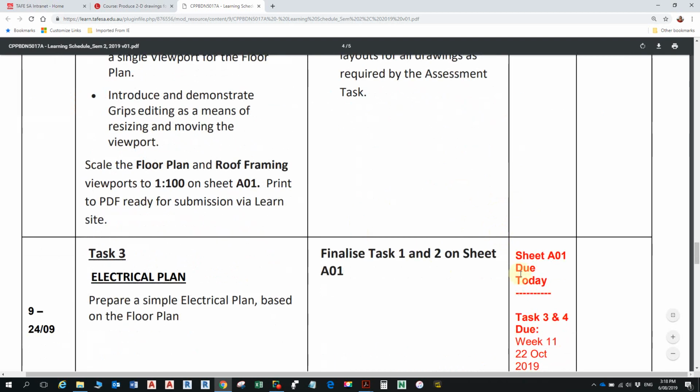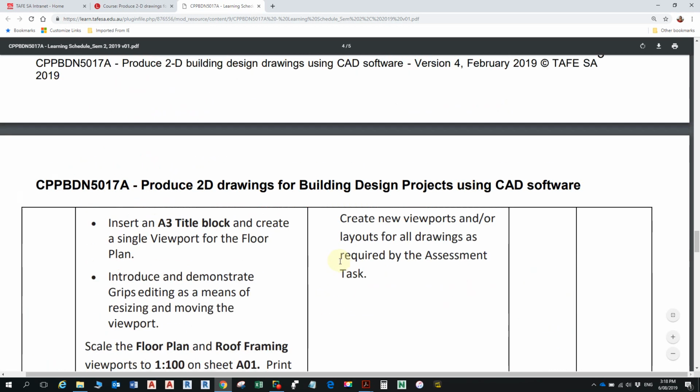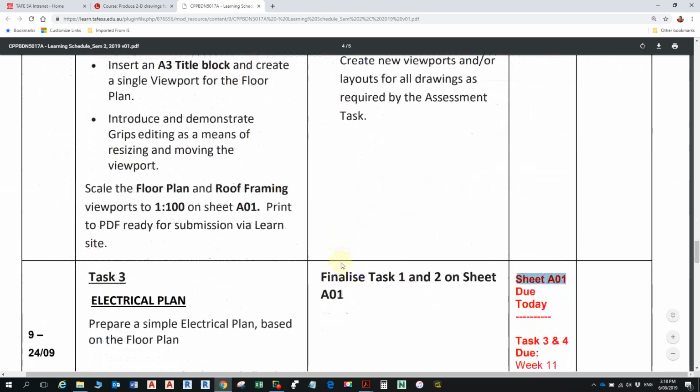So you've got another weekend to finalize it, and then it's due at the end of the session on week 9, task 1 and 2, which is incorporated onto a sheet, and I'll show you what that looks like in a minute. All right, so basically task 1 is your floor plan, all right, and task 2 is your roof framing plan,